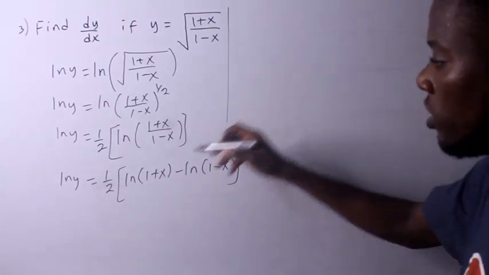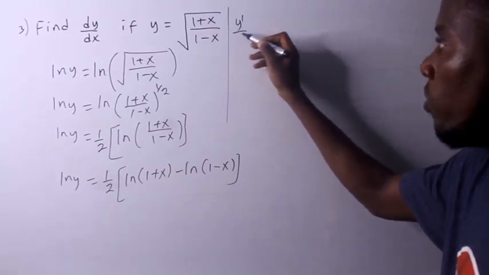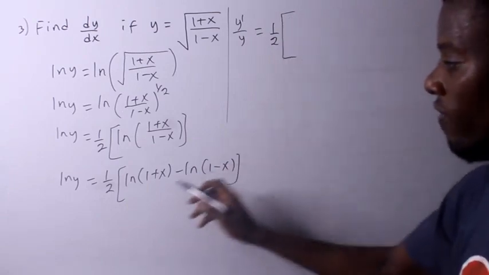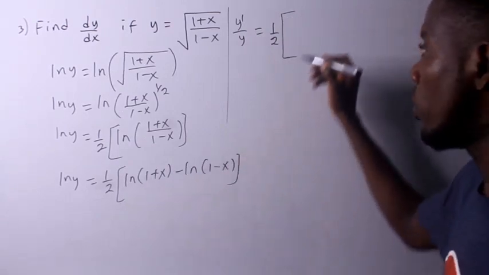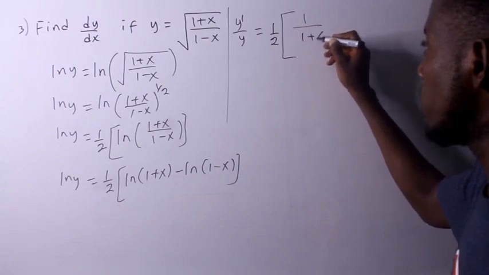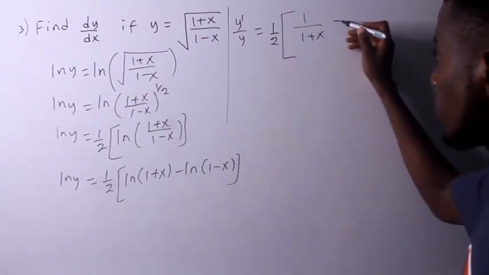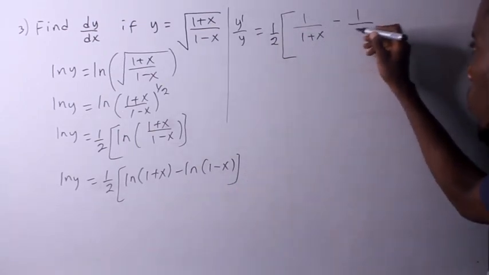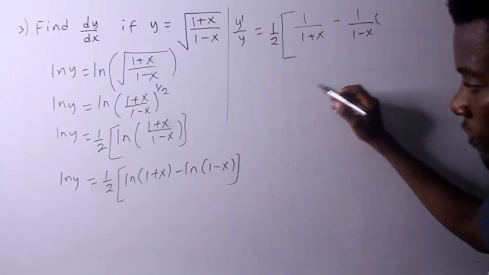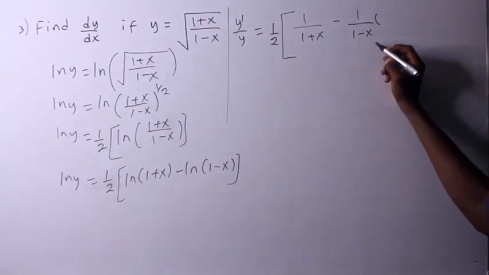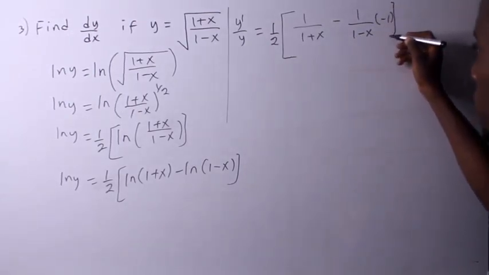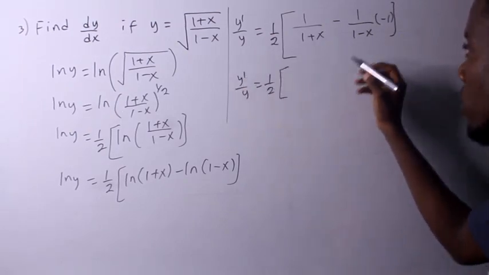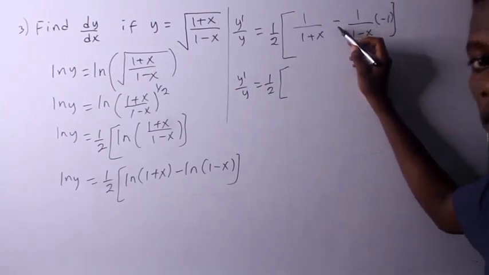So if I differentiate ln of y, I'll have y prime over y equals half, and here if I differentiate ln of 1 plus x, I'm going to have 1 over 1 plus x, minus, if I differentiate ln of 1 minus x, I'm going to have 1 over 1 minus x times the derivative of 1 minus x, which is negative 1. So y prime over y equals half multiplied by, now this and this is positive, so I'm just going